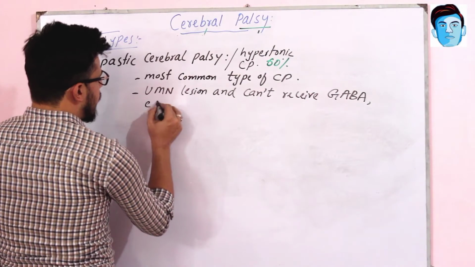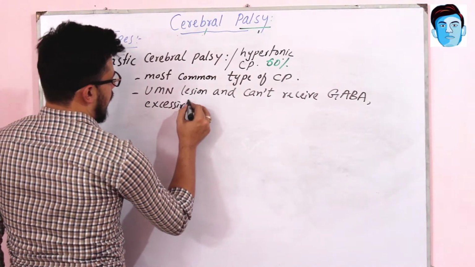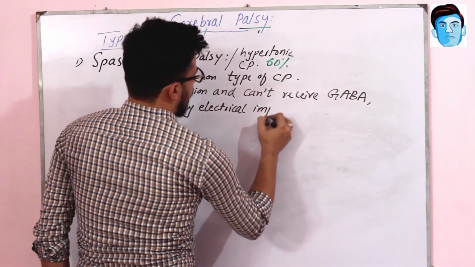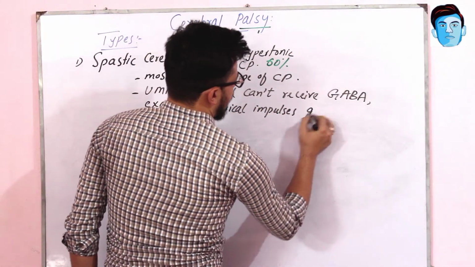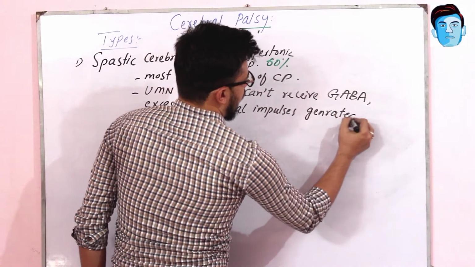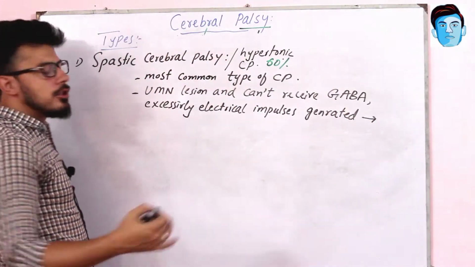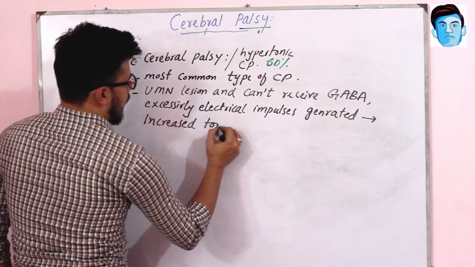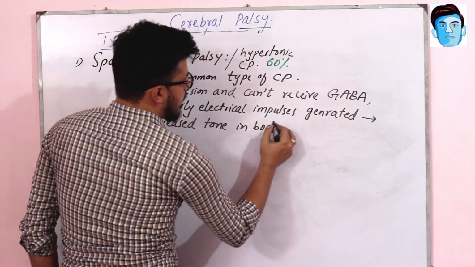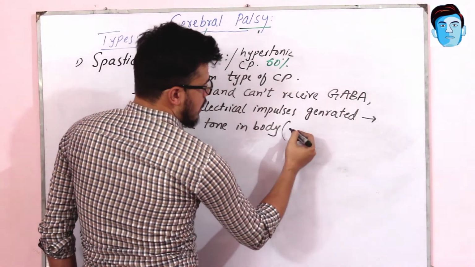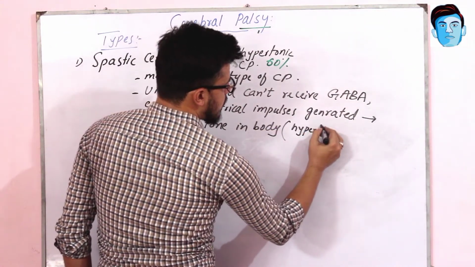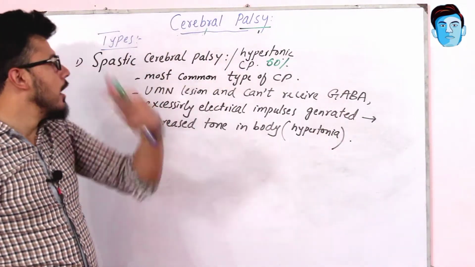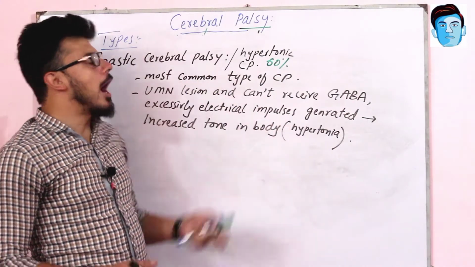So there are excessively electrical impulses generated, which ultimately lead to the increased tone in the body. And that's the reason, it is also called hypertonia. Increased tone in the body means hypertonia, and because of this hypertonia, it's also termed hypertonic